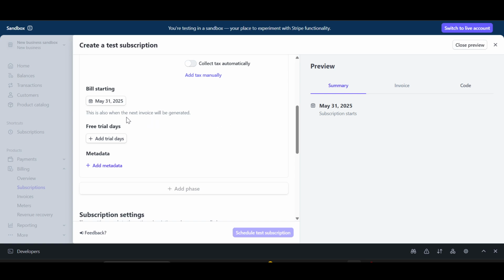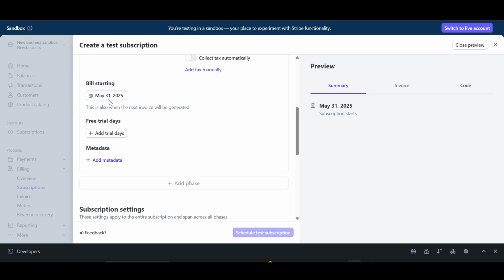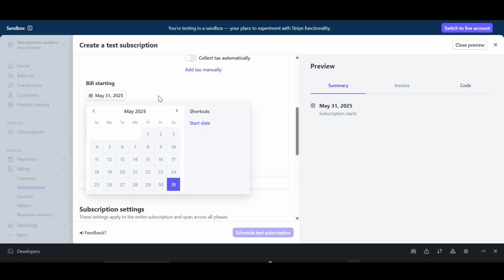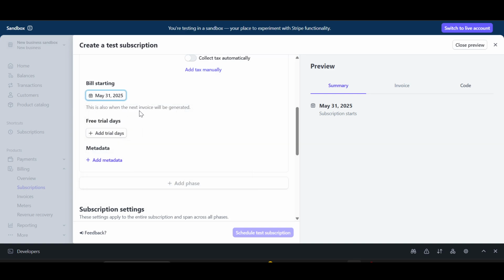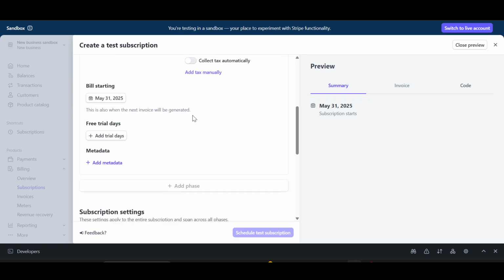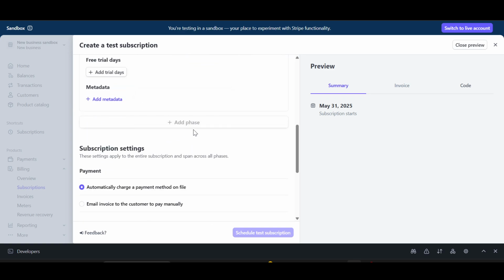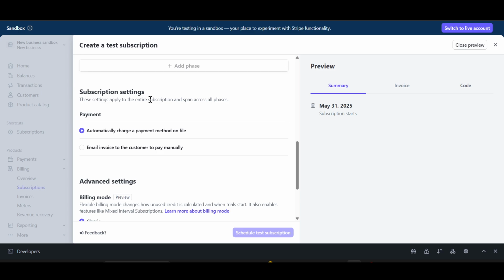After that, you can just change this date of the bill starting, and this is also when your next invoice will be generated. And if you want some free trial days, you can even add some free trial days, and you can even add metadata. And after adding a product, you can add some phases to it, and you can change your subscription